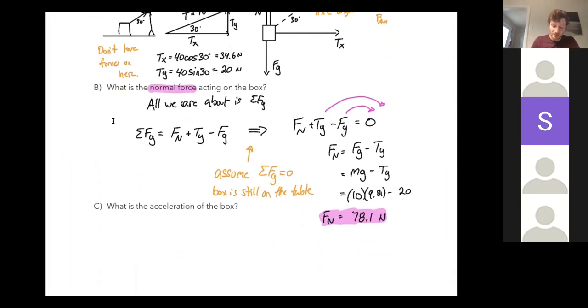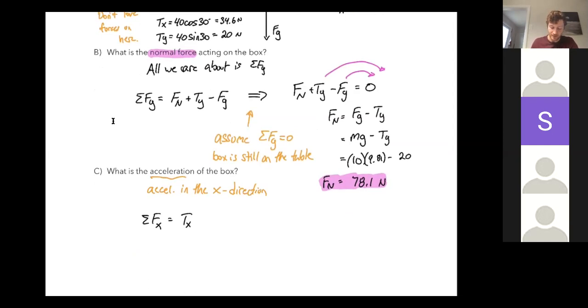The acceleration we assume is going to be in the x direction, okay? So all we care about now is the sum of the forces in the x direction. All that's happening here is just our x component. That's it. There's nothing else happening, okay? But we know always that the sum of the forces in the x direction is going to be mass times acceleration,